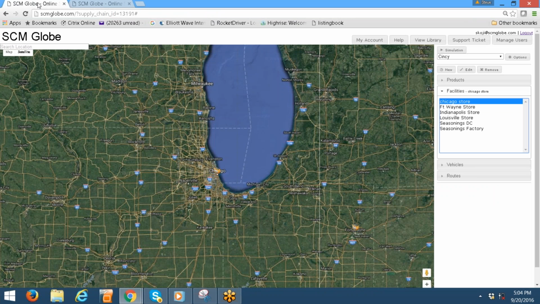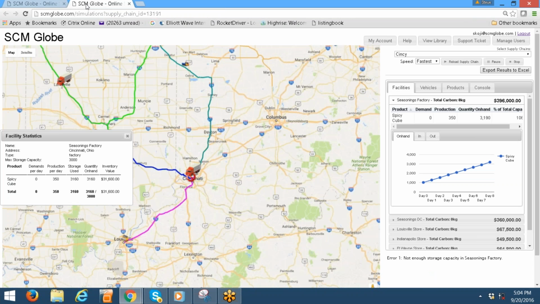So when I go back over here to the right-hand tab, the SIM tab, and I go back over here to the reload supply chain, that automatically updates the entire sequence, both your edit screen and your SIM, and then it